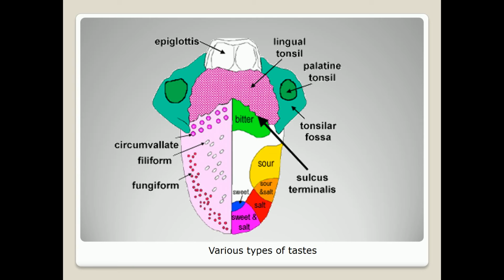And what about the blood supply? The tongue receives its blood supply primarily from the lingual artery, a branch of the external carotid artery, and the lingual veins drain into the internal jugular vein. The floor of the mouth also receives blood supply from the lingual artery. There is also a secondary blood supply to the root of the tongue from the tonsillar branch of the facial artery.